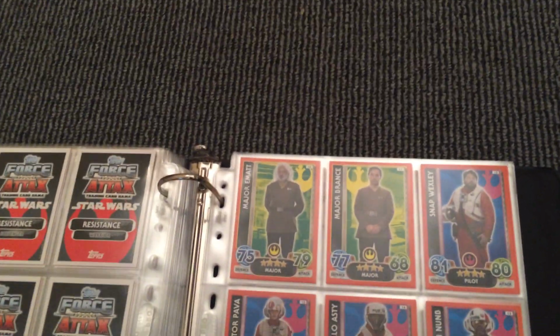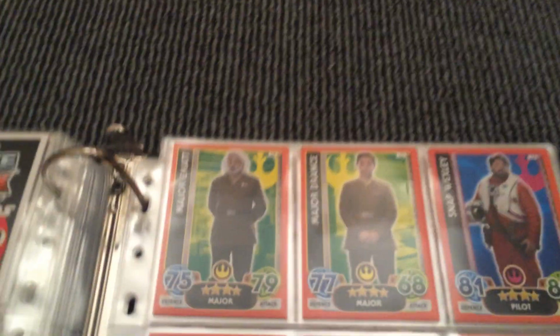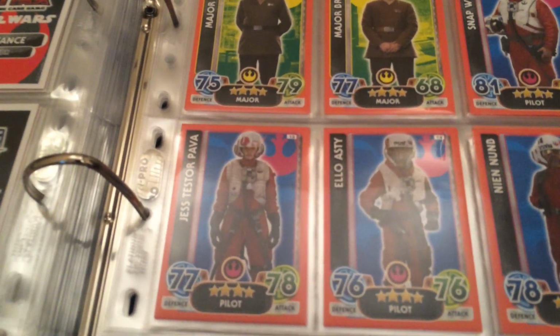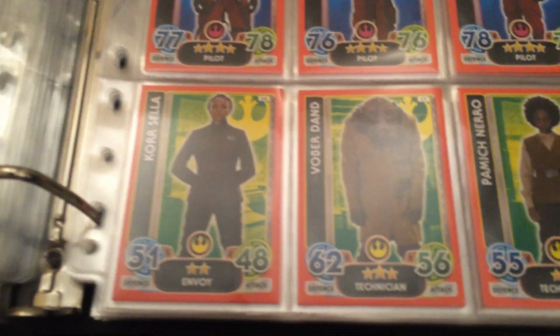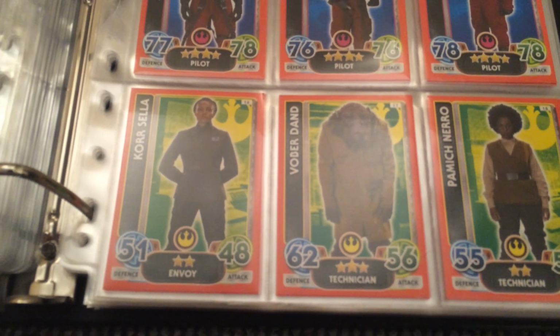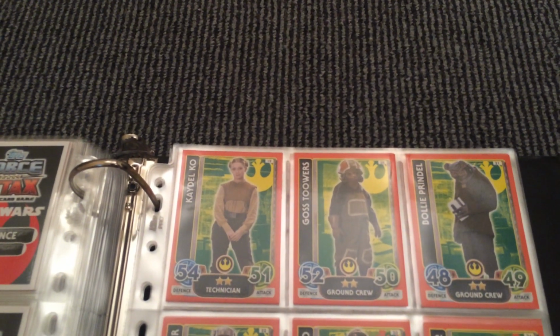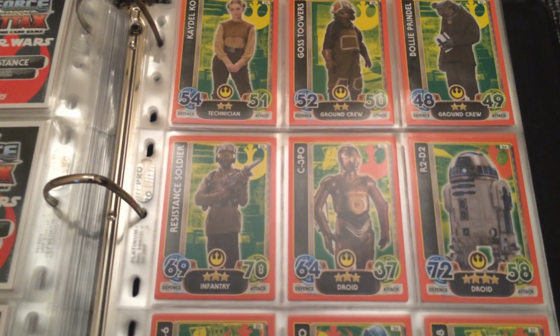Then we've got Major Emmett, Major Brantz and Snap Wexley. And then we've got Jess Testapava, Elo Asti, Nien Num, Corsella, Foba Dand and Pamich Nero. And then we've got Cadel Ko, Goss Tuz, Bol Prindle, a Resistance Soldier,